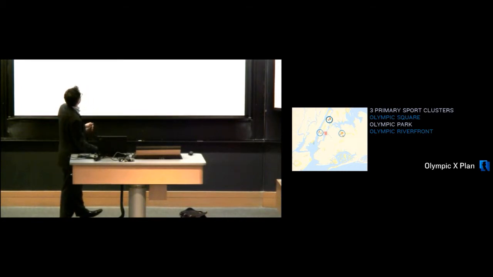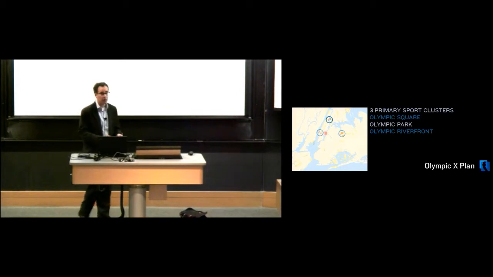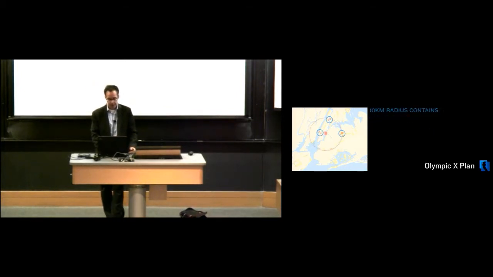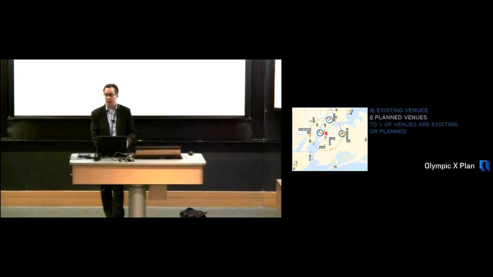The Olympic Square, the Olympic Park, and the riverfront had the cluster of most of the venues. Outliers like sailing, you'll see, were in different locations, but within the city itself you had most of the venues. We were trying to use existing facilities and renovate those, and limit the amount of new construction, but where there was new construction, to have things strategically placed and really work with the